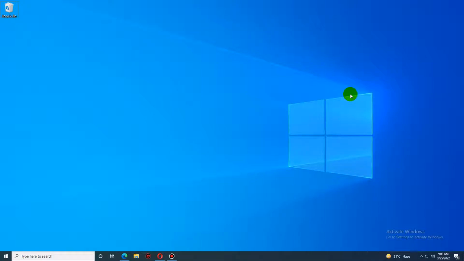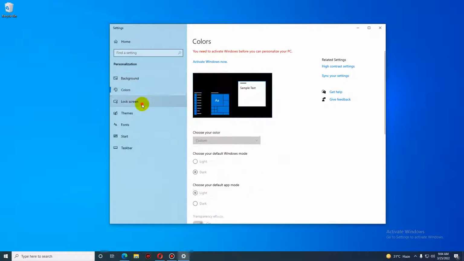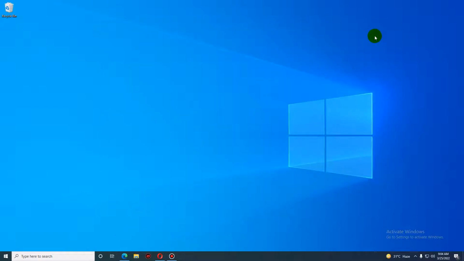Hello everyone, as you can see here my Windows is not yet activated, and once your Windows is not activated you cannot access some of the settings. For example, in the personalize you cannot change background colors, themes, as Microsoft will ask to activate your Windows first. Okay, so in today's video I'm going to show you how you can activate your Windows